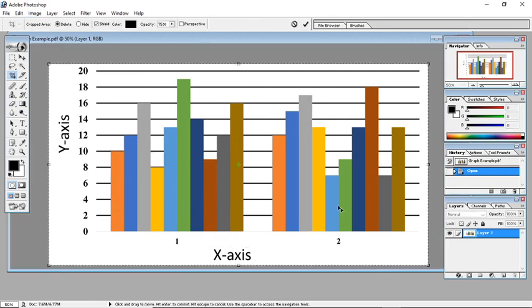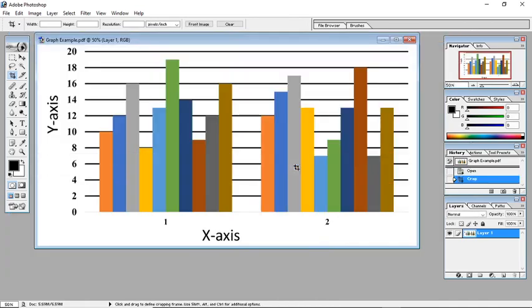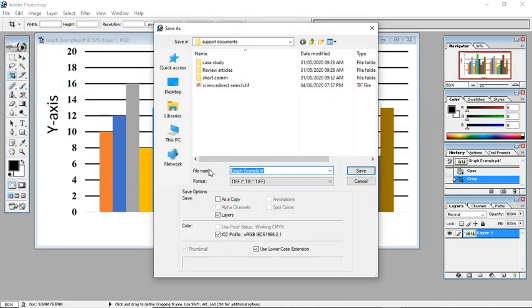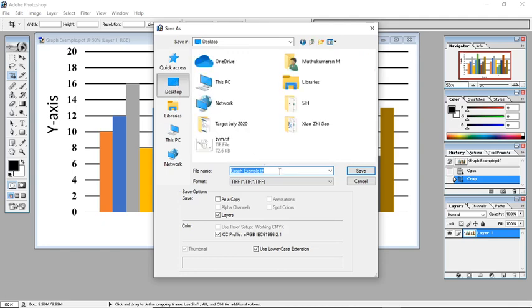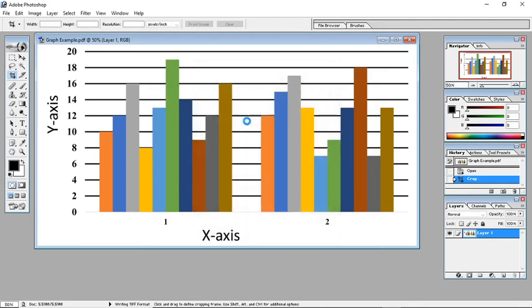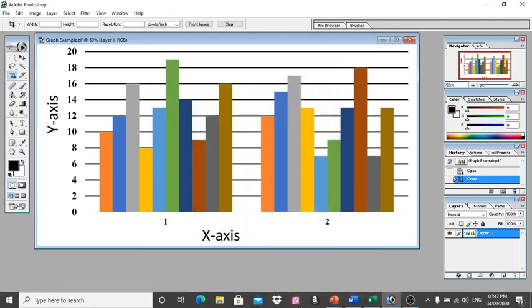I crop here, and it should be saved as a TIFF file, because most journals prefer TIFF files. So I am saving it on the desktop as graph example TIFF file. I leave all the options as they are and click OK. Now the JPG is saved.